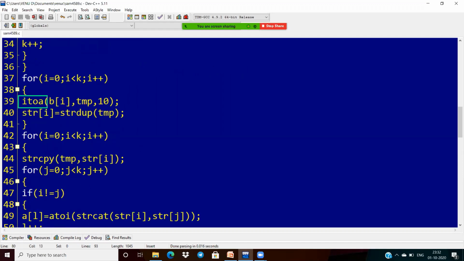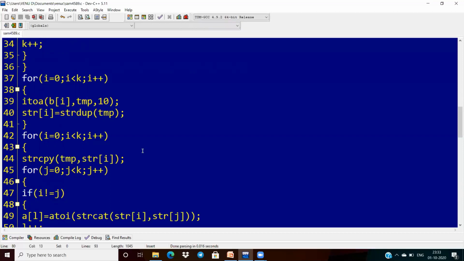That is why I'm using the itoa function. What is the need of this? The concatenation is possible with strings only. So that is why I'm using itoa, which is available in stdlib.h, and I need strdup also. So I have to convert this integer into a string, so I'm taking tmp as string type and storing that string.